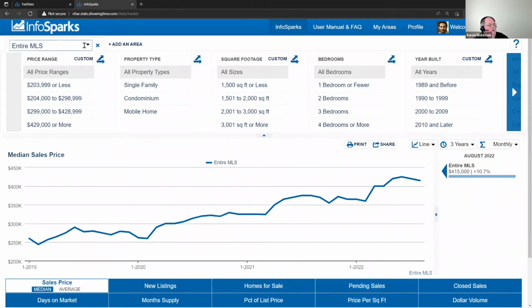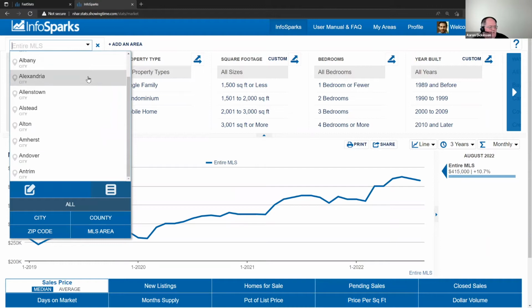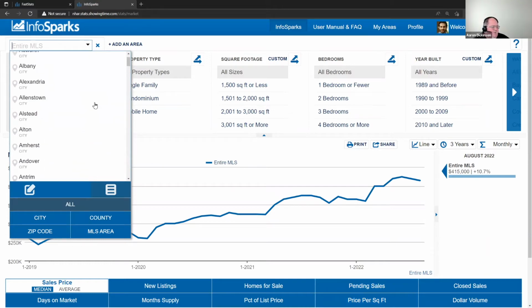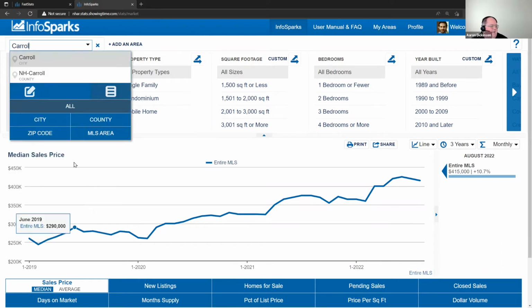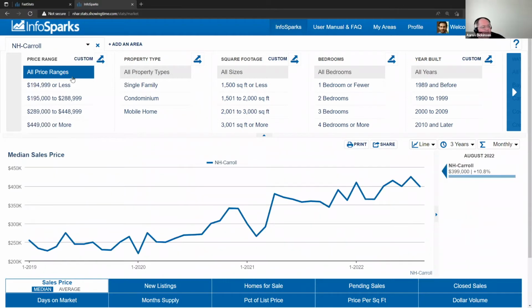Up in the upper left-hand corner is our area selection tool. Here we can click on the drop-down and scroll through a list of available areas. We can filter by different area types, or we can simply start typing in the map. We can do any of these areas: city, county, zip code, or MLS area. We also can draw our own areas, and I'll show you how to do that in a little bit. So now I'm looking at Carroll County,